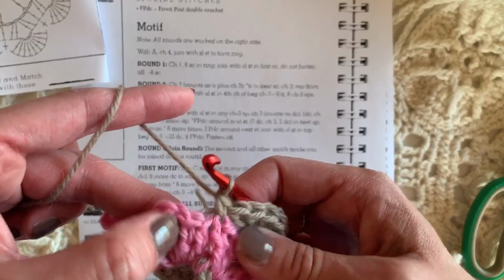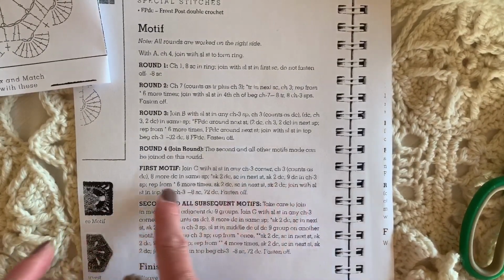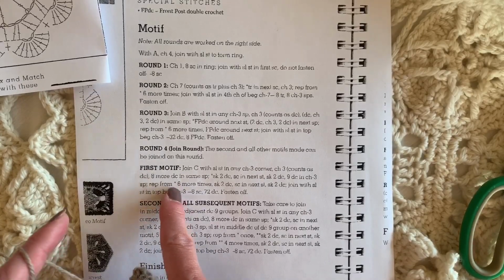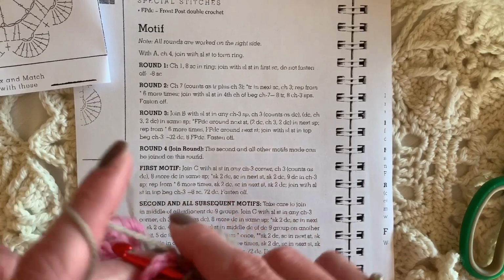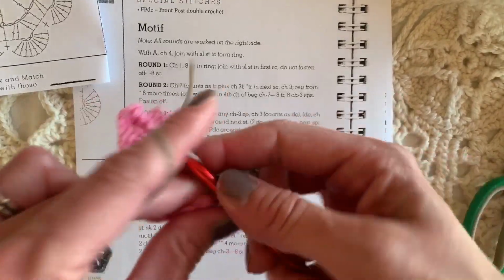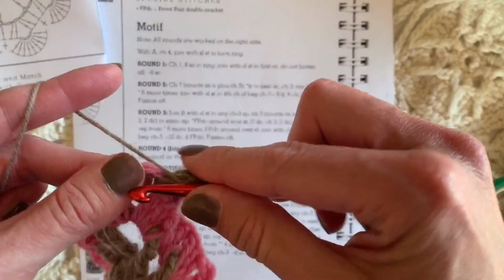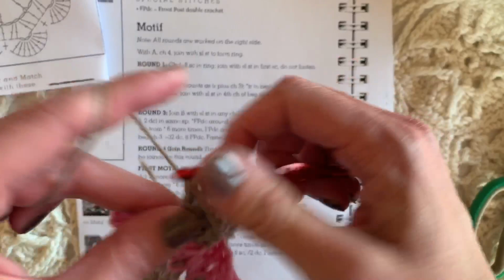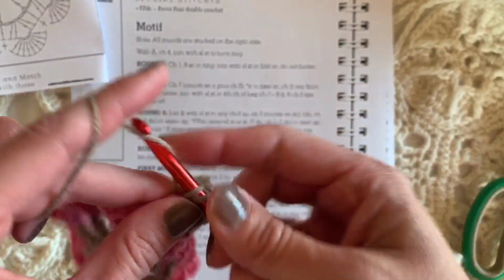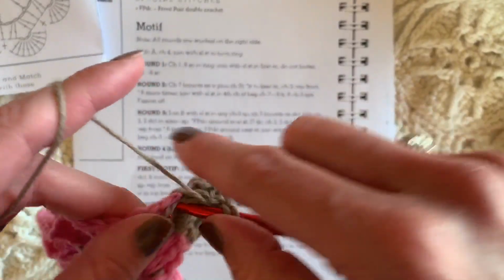Then we're going to skip 2 double crochets, 1, 2, and place 9 this time double crochets in the chain 3 space, and repeat from the star. So then after that we'll go back to the star. So let's do 9 double crochets. 1, 2, 3, 4, 5, 6, 7, 8,